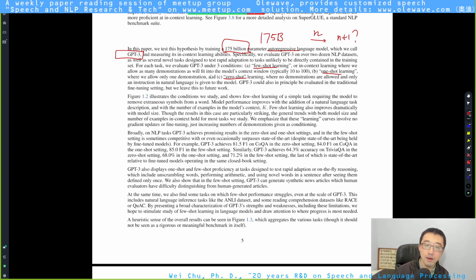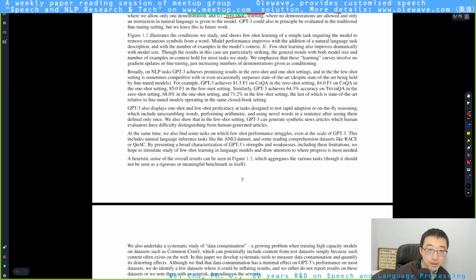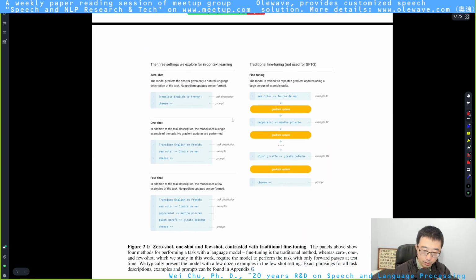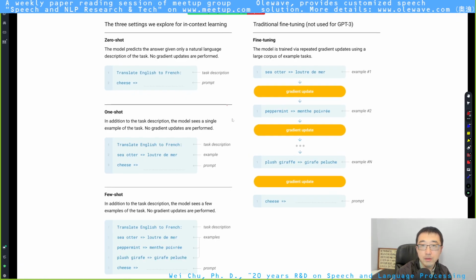But let me explain this very quickly, okay? First of all, before I explain zero shot, one shot, few shot, let's look at traditional fine-tuning.